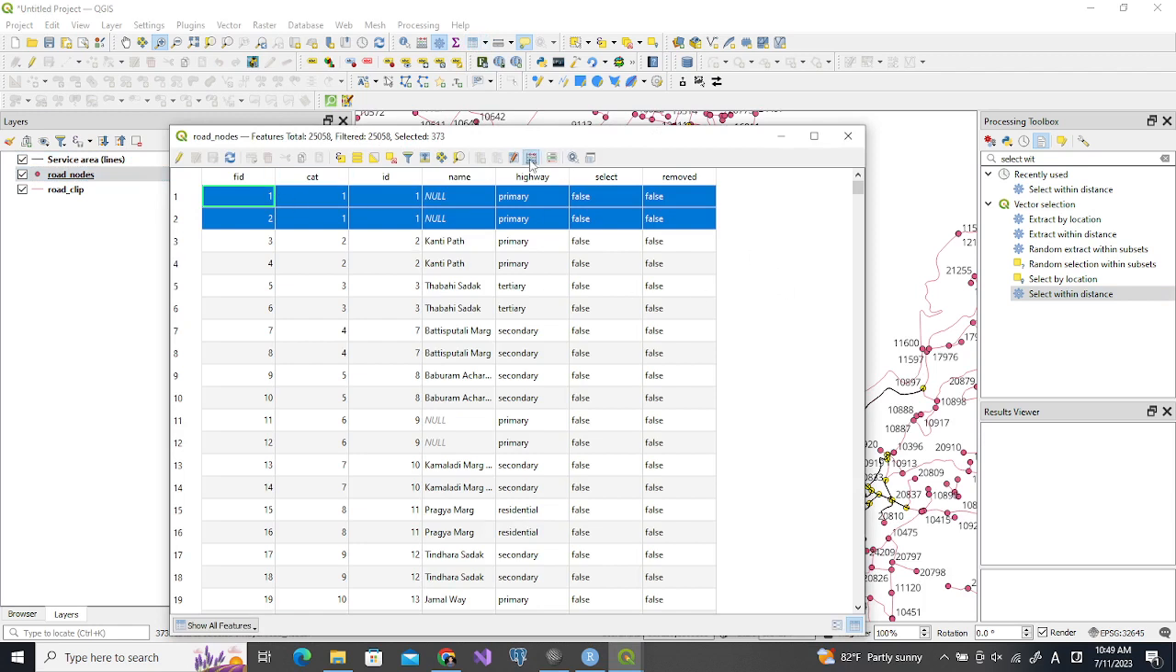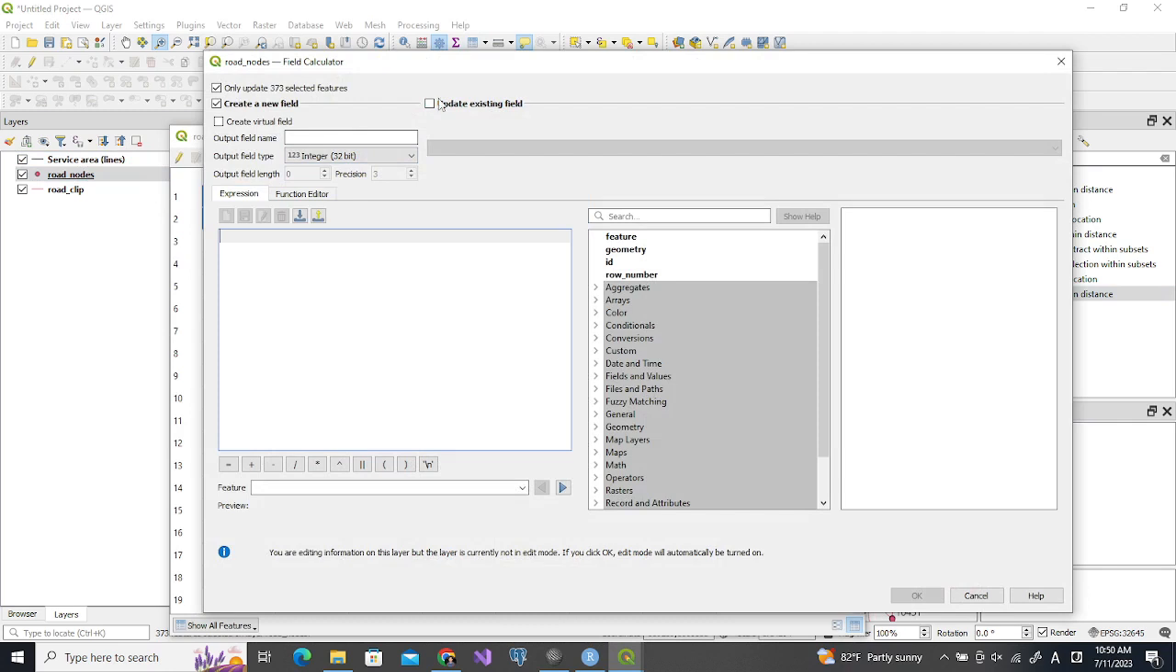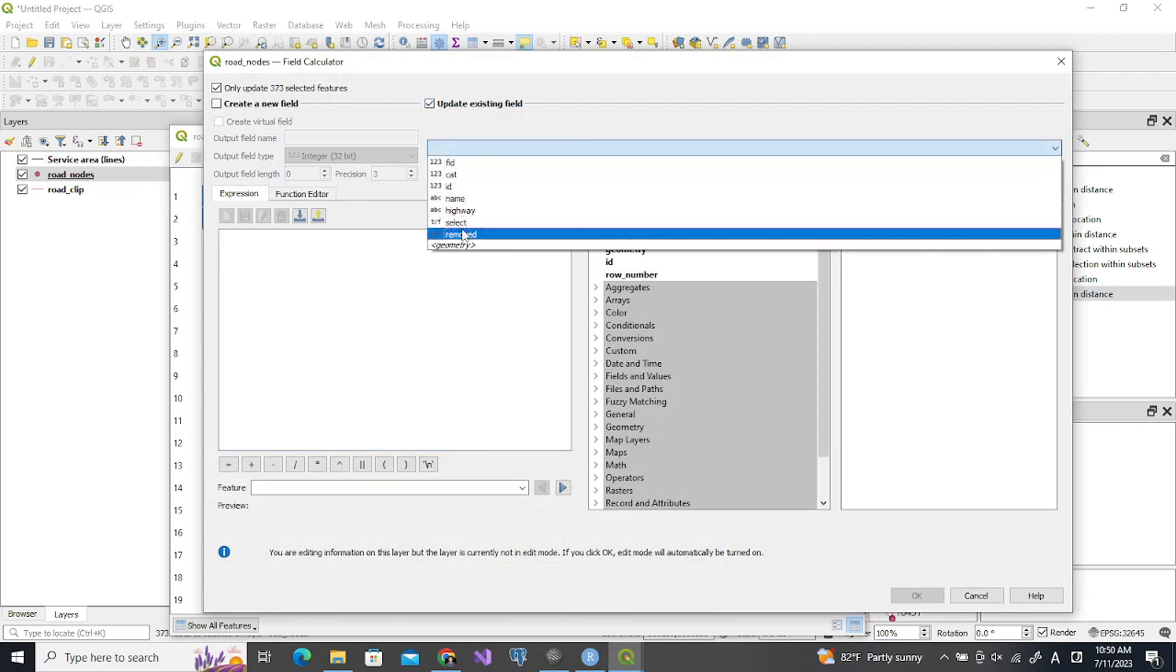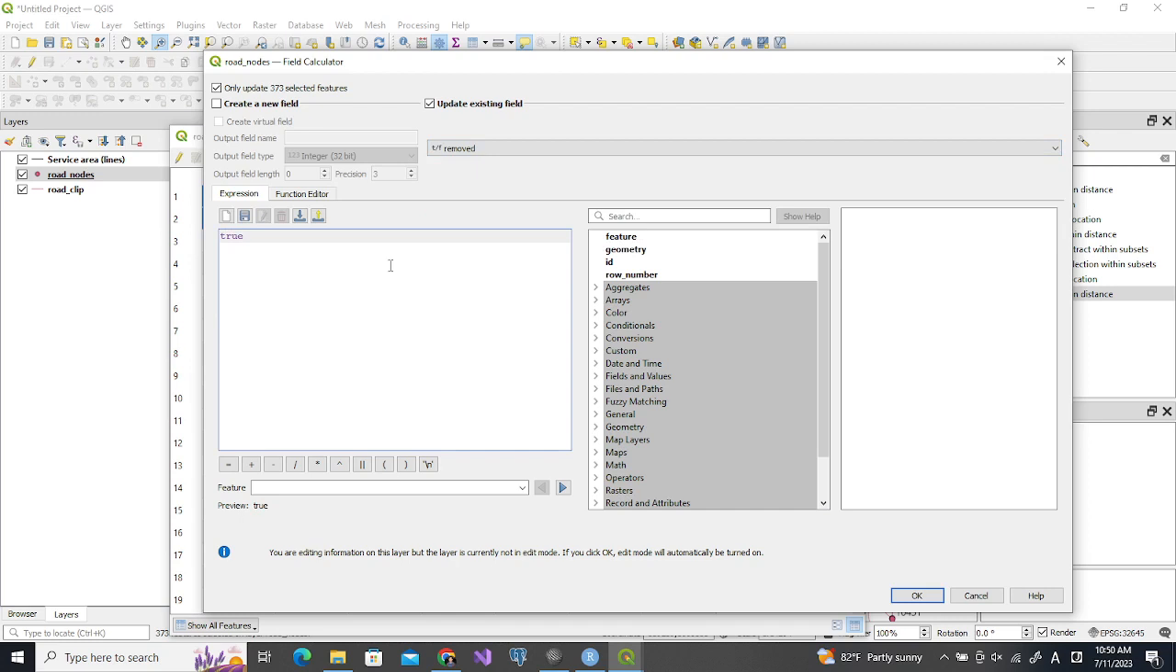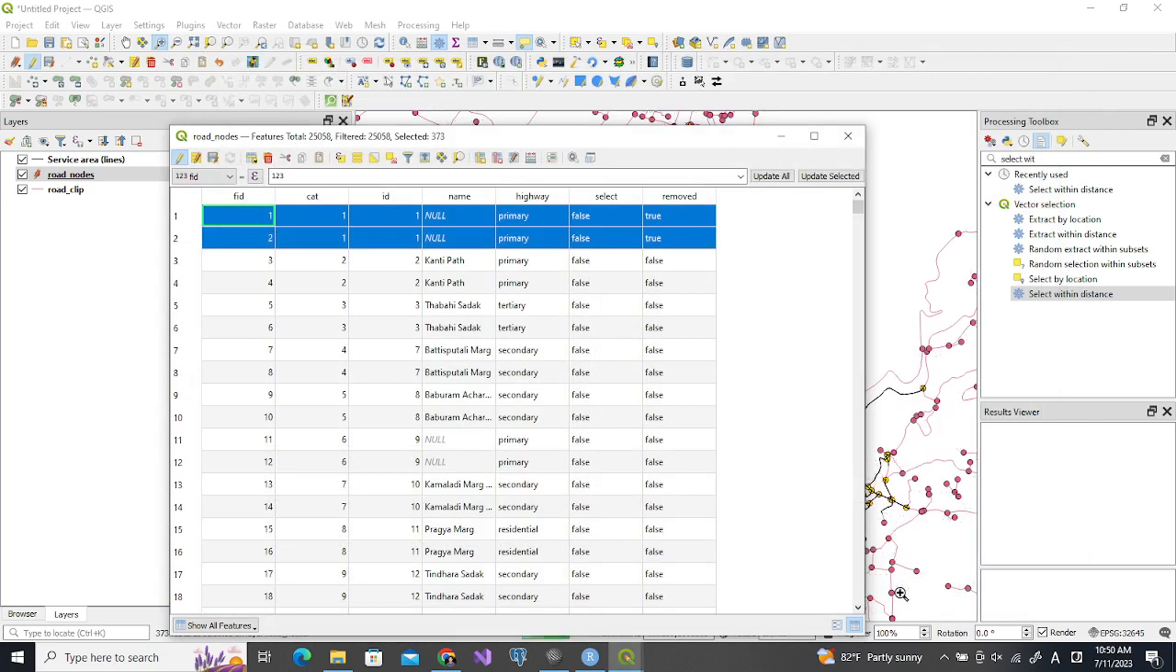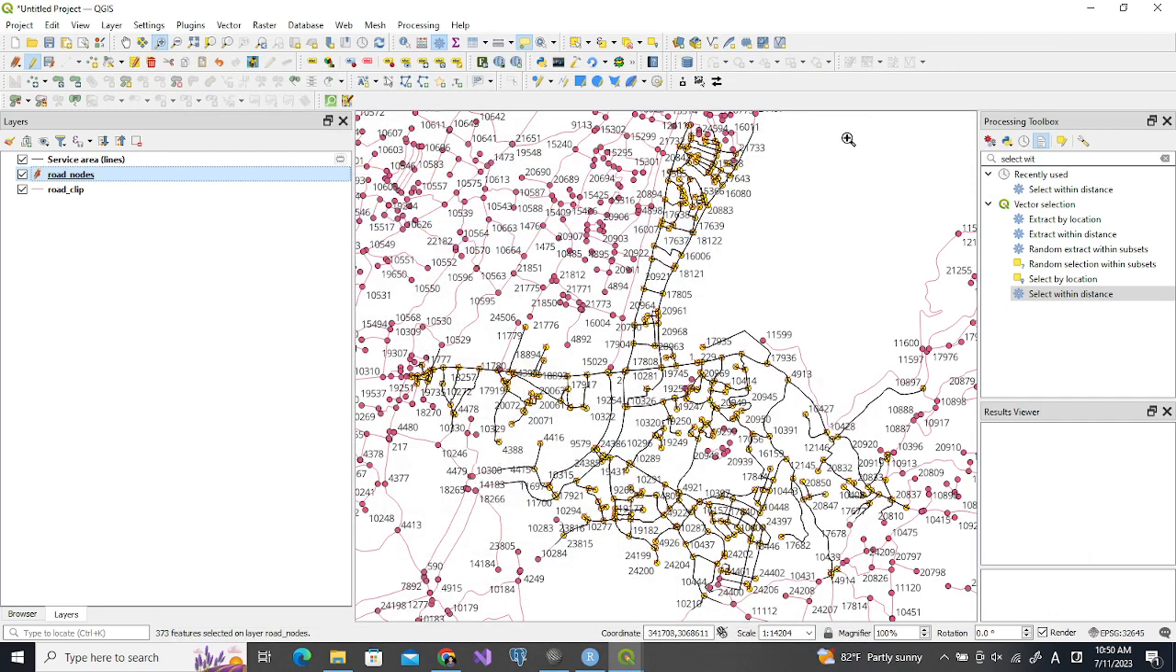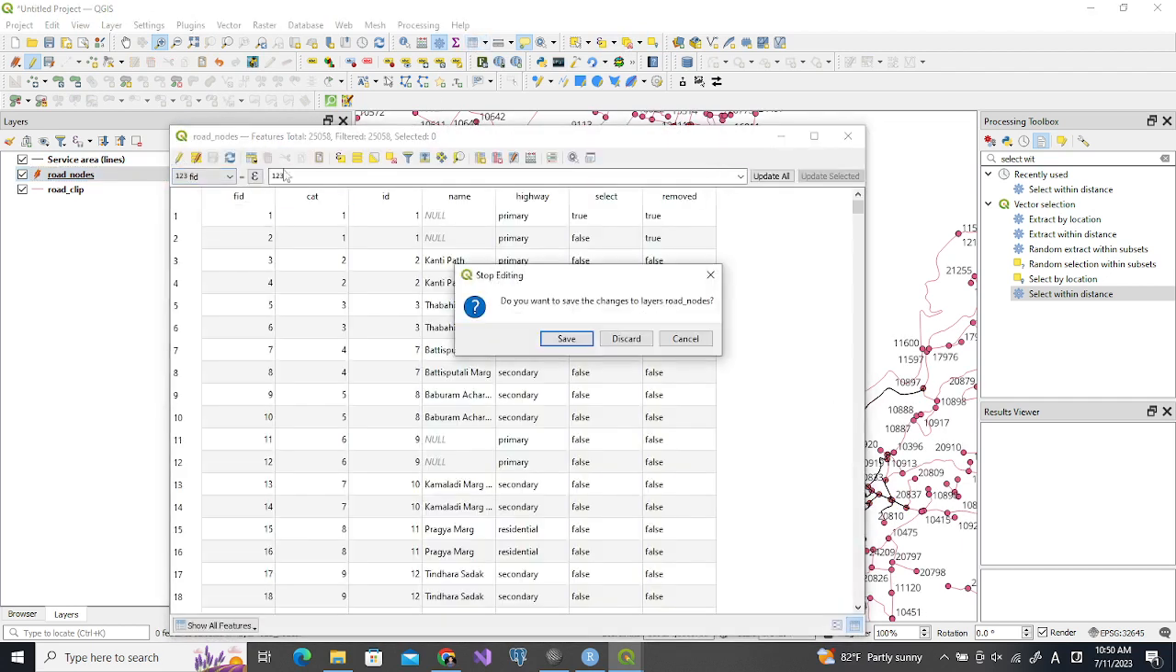and now we change the attribute of the selected nodes. So removed, update the existing, and we select removed and make it true. Okay, and now for the FID one, we have selected the location for this select, so we select this as true. So now let us remove the selection and also save this attribute table,